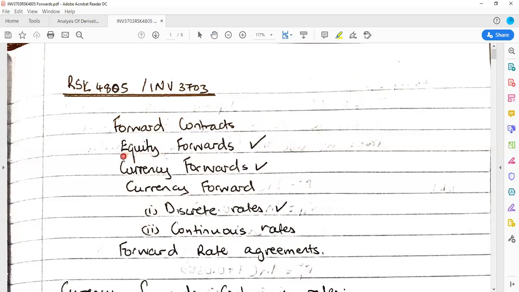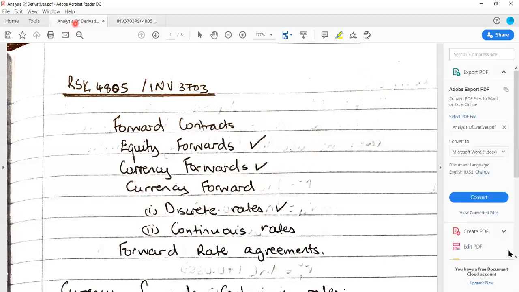We've managed to define and look at examples on equity forward contracts. And we've also looked at currency forward contracts. And under currency forward contracts, we looked at currency forward contracts with discrete rates, but we didn't look at continuous rates. Sorry, I also left out from this list bond forwards. We've also looked at bond forward contracts. So if you remember,